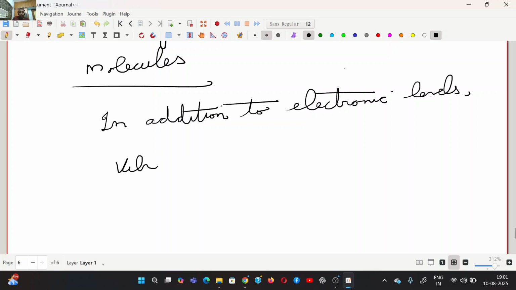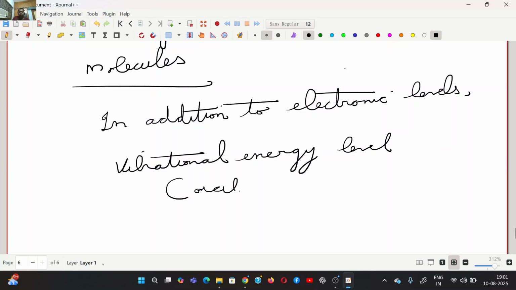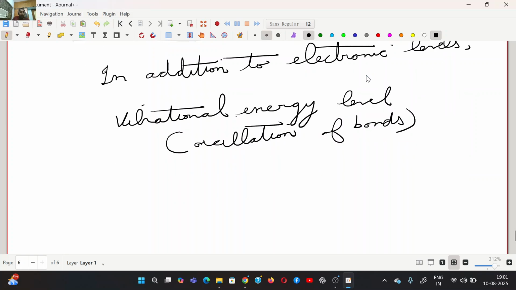One is known as a vibrational energy level. This is due to oscillation of bonds which connect the two atoms. Because of their oscillation, there is something called a vibrational energy level, and another is